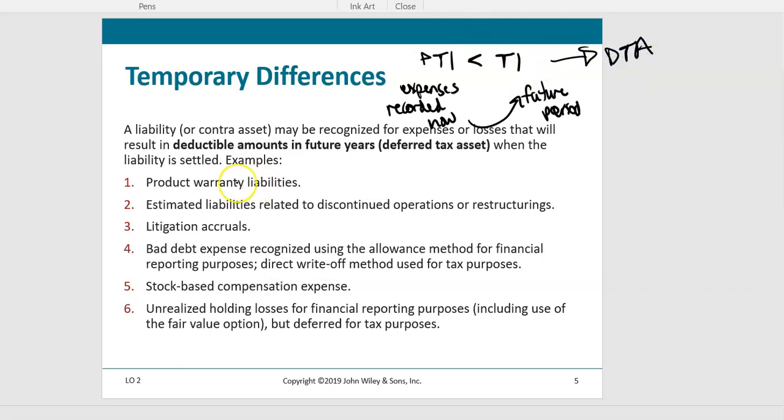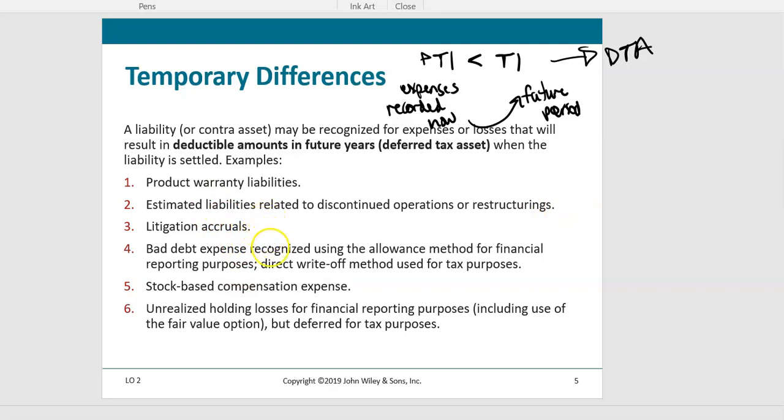Here are some examples: product warranty liabilities and estimated liabilities related to discontinued operations or restructurings. What are the other side of these two entries? When you have a product warranty liability, we're recording the warranty expense. And here in item 2, we're going to be recording some restructuring charge this period without perhaps a cash payment sometime in the future. Litigation